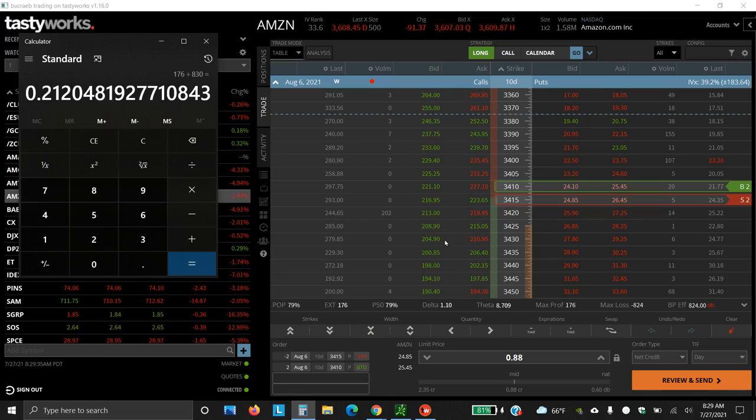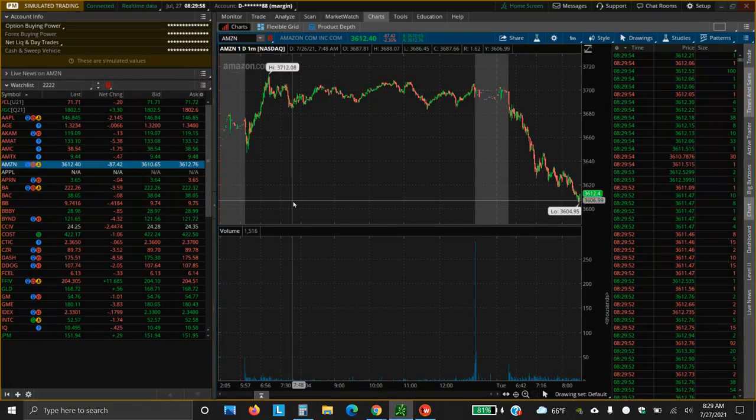Okay, what I'm going to do is make a bet that Amazon is not going to go below 34.15, right? And this bet requires $500 collateral minus your credit, so I'm going to get 180. So let's do it on the simulator. Actually, see how much it's fluctuating? So I'm going to do this bet on the simulator here on Amazon, right?